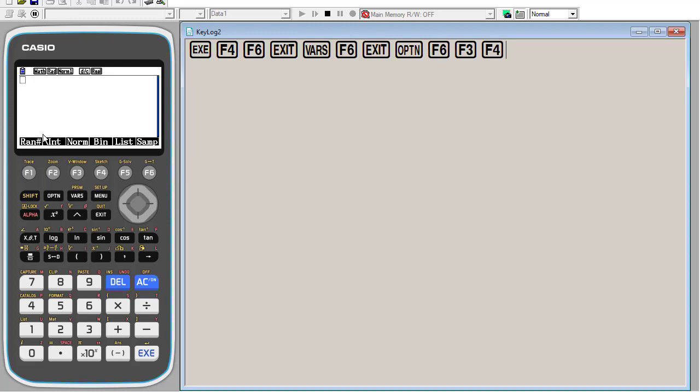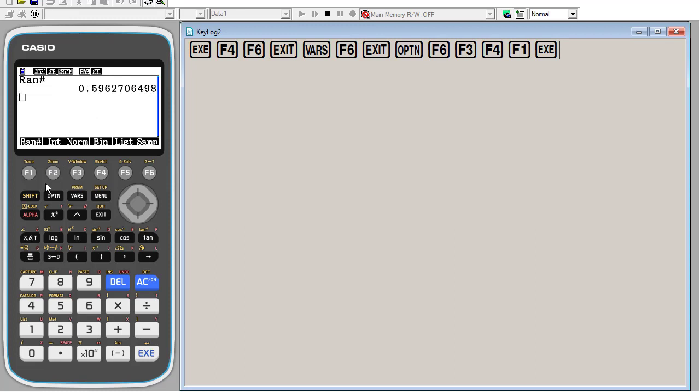So to do that, let's look at random number first. So you choose the function button that's under it, and that gives me this template here. And in random number, you only have to hit execute, or if you're on your computer, you can hit enter on the emulator software. This is going to give you a random number between 0 and 1. So when I hit execute, here's my random number. Now notice I have a lot of decimals. Maybe I don't want quite that many decimal places.